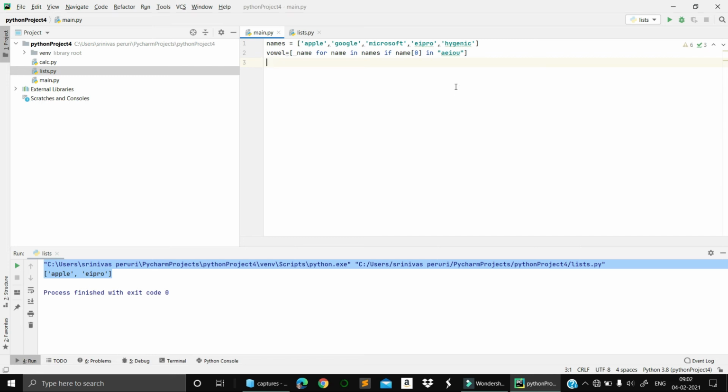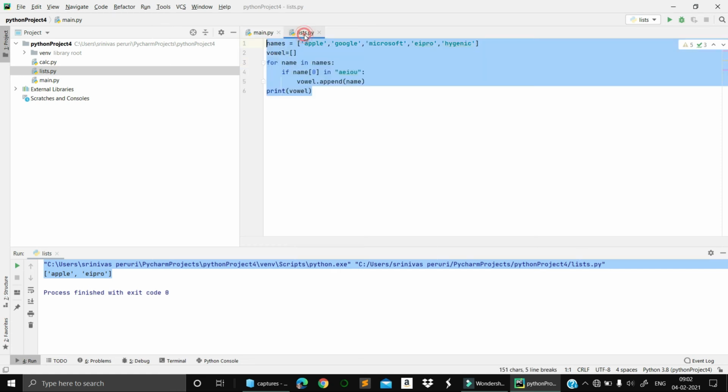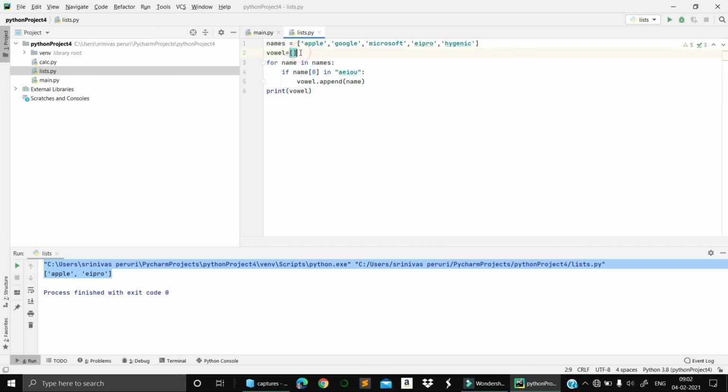So when you want to reduce the code, list comprehensions are used with the help of this. I will show one other example. If I just want to print the same list itself, I don't want the vowels list. Sorry, I just want to print the names themselves.